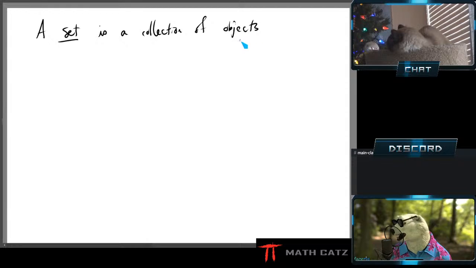Now, those objects could be abstract. We can talk about letters of the alphabet, a collection of letters. We can talk about animals, a collection of animals. It could be people, it could be tables in your house, or if you have multiple tables, it could be anything. These objects are called